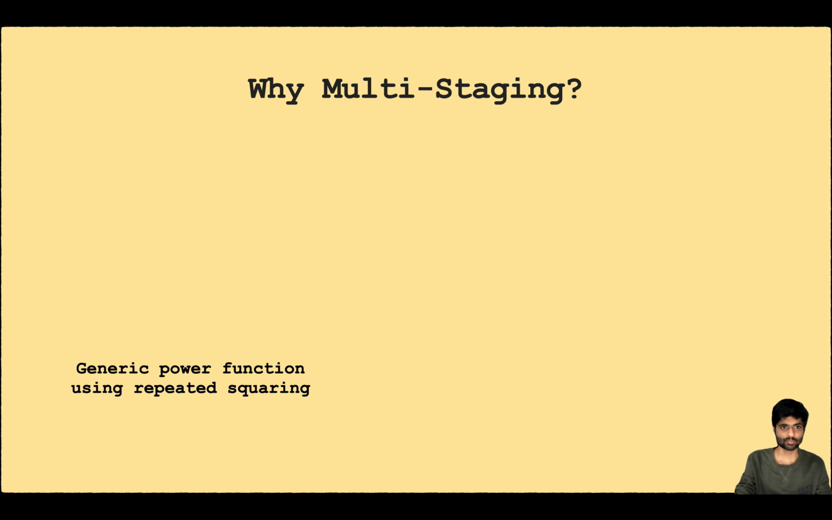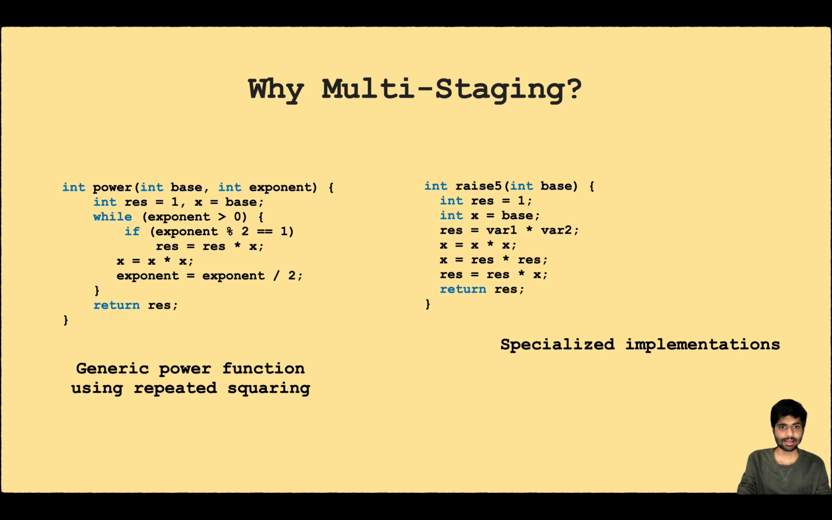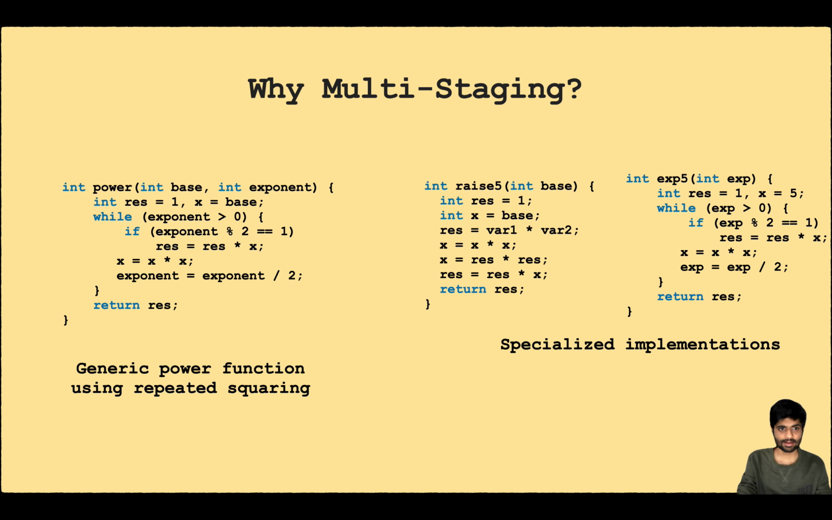Let us look at this very simple example. Here on the left, I have a generalized implementation of the power function that calculates base power exponent using repeated squaring. This function can be invoked with any inputs. On the right, I have a specialized implementation that calculates base power 5 and another specialization that calculates 5 power exponent. These specialized implementations are easier to recognize, will have better branch prediction during execution, and will benefit from all